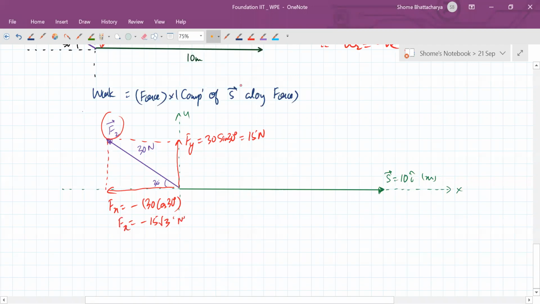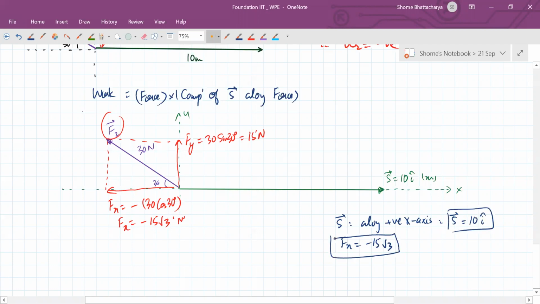Okay, so now you can see that the displacement is along positive x-axis. Okay, and the force's x component is minus 15 root 3. So the displacement is 10 along the x-axis, whereas the y component of force is 15. But what is happening? This is perpendicular to the displacement, so work done by the y component will be 0,